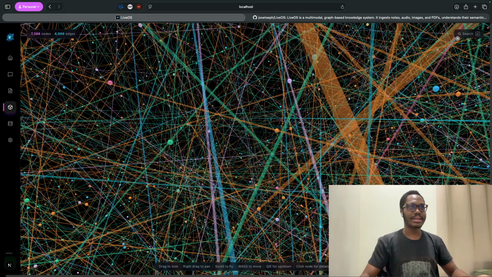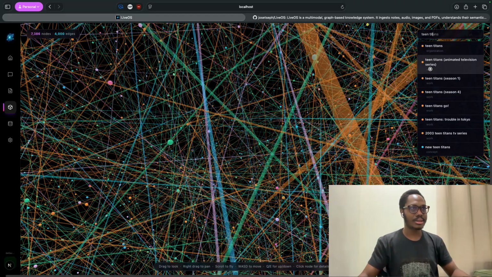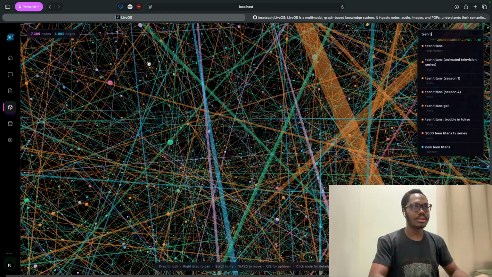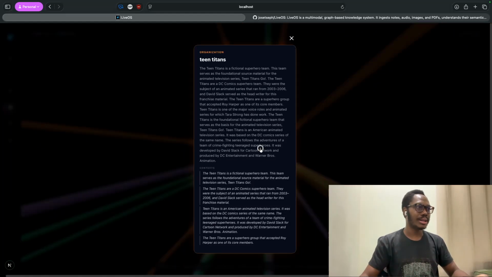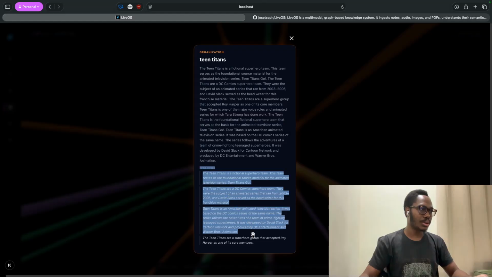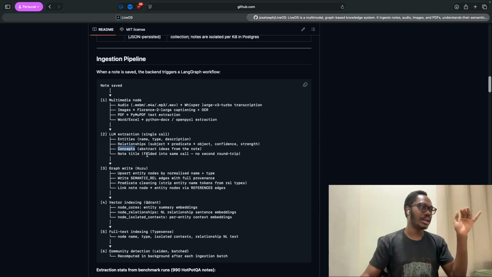With a node like Teen Titans, let me go back. Search Teen Titans. With a node like this, you notice the context was a lot. There's a lot of isolated context for Teen Titans. So it gets the isolated context from the nodes and then populates the